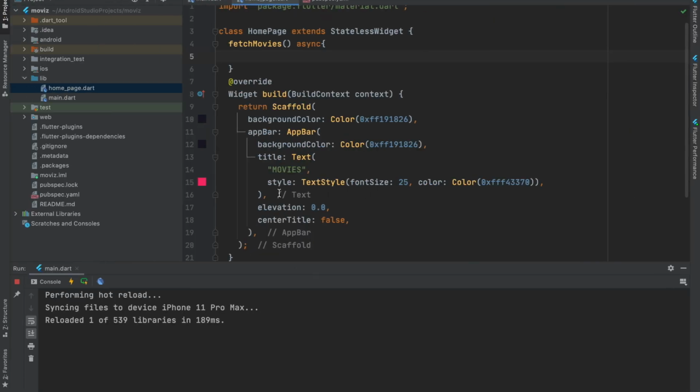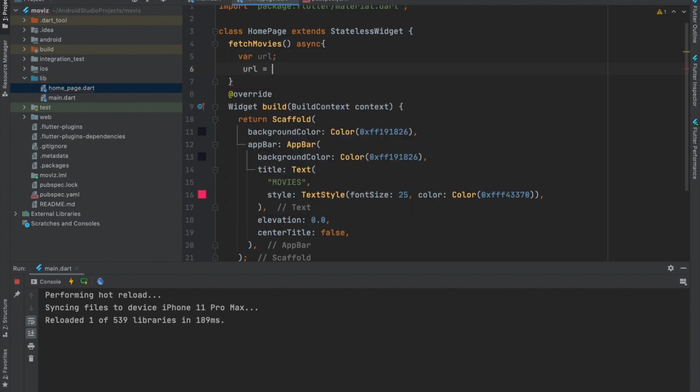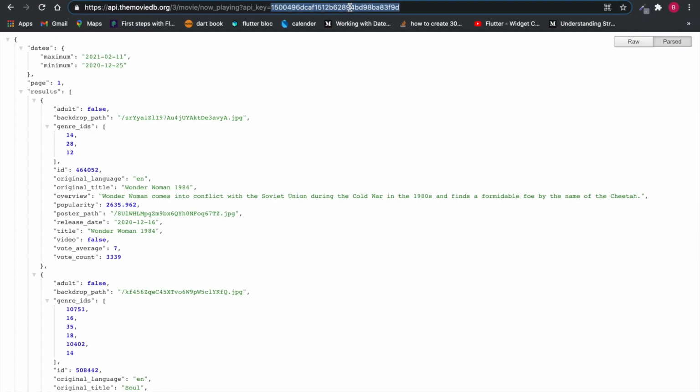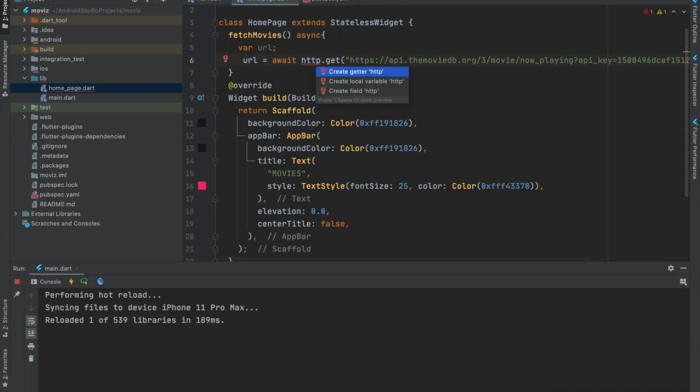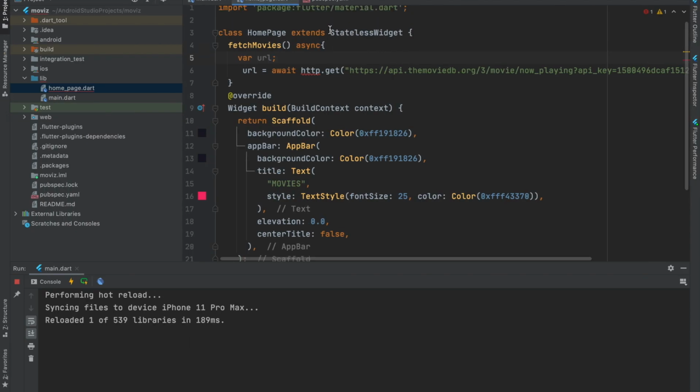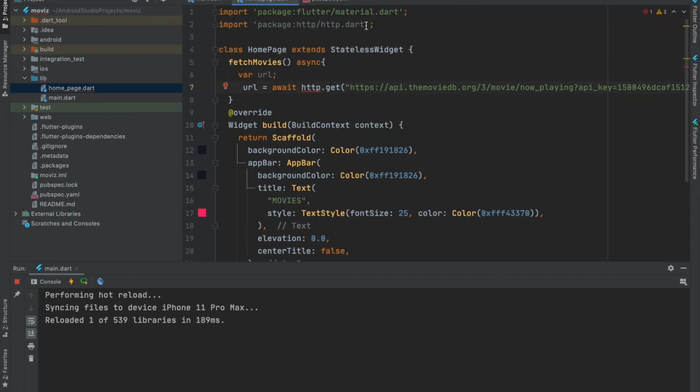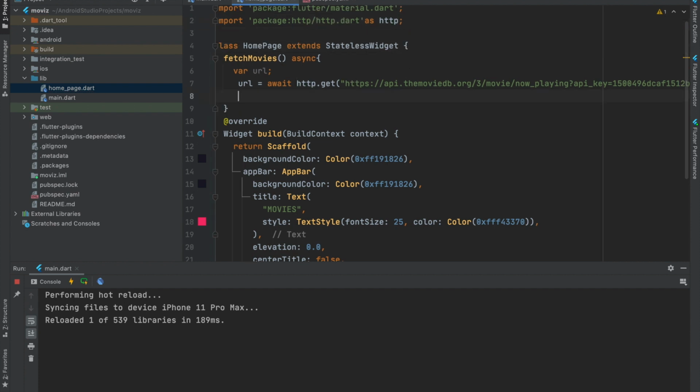So inside our fetchMovies method, I'll declare a variable called URL, which will hold the URL of an API, and I'll add a get method to retrieve the data. And after this, the function will return a json.decode function which parses the URL string and returns the object. So let me add this here.